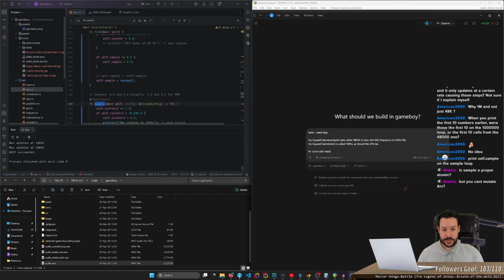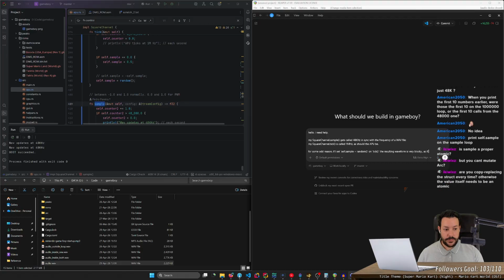For some odd reason, if I set sample on tick, the resulting waveform is very blocky, as if the number only updated.